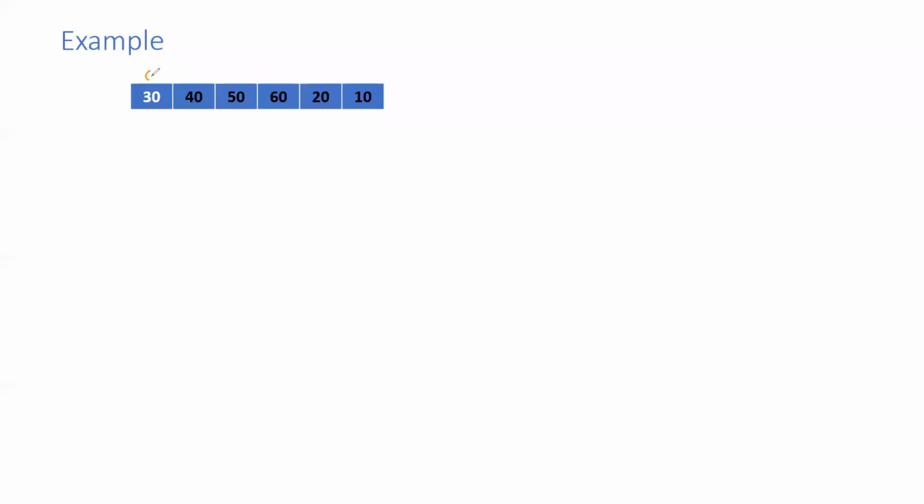let's say these are the indexes of the array: 0, 1, 2, 3, 4 and 5. How the bubble sort algorithm works is, we will pick up the first element from the array, that is the element which is at index 0. We'll pick up this element, which is 30 here, and we'll compare it with the next element in the array, which is at index 1, the next index. So we'll compare those values.